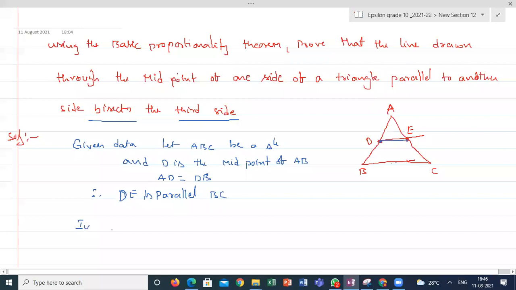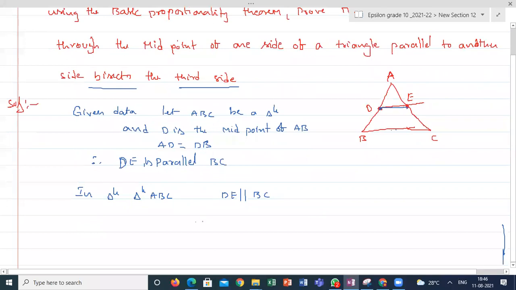So in triangle ABC, DE is parallel to BC. And if I am applying the basic proportionality theorem, what I will get? AD by DB is equal to AE by EC